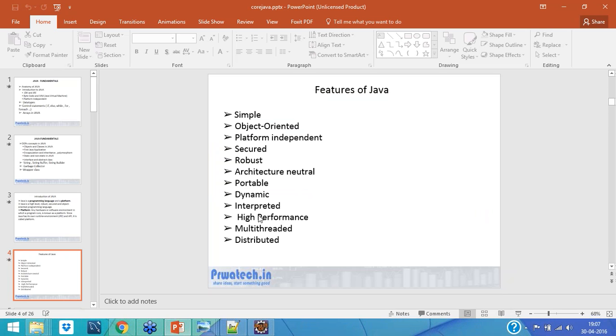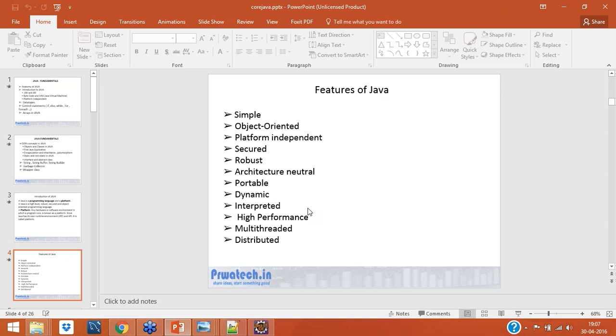Dynamic? Yes, it's dynamic. How dynamic? Because it all depends upon the environment that you are running. Let's say you are running an application on Mac, and you want to see something on Windows also, the same. The JVM will take care of how it will interpret and how it will come out. And whatever inbuilt functionality is there inside, it will get used as a command inside, and you have to write the code. So dynamic programming language, this one is one of them.